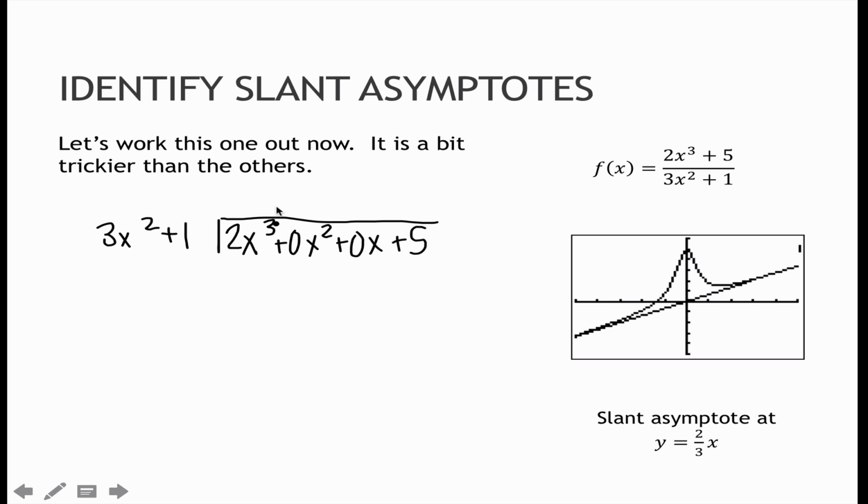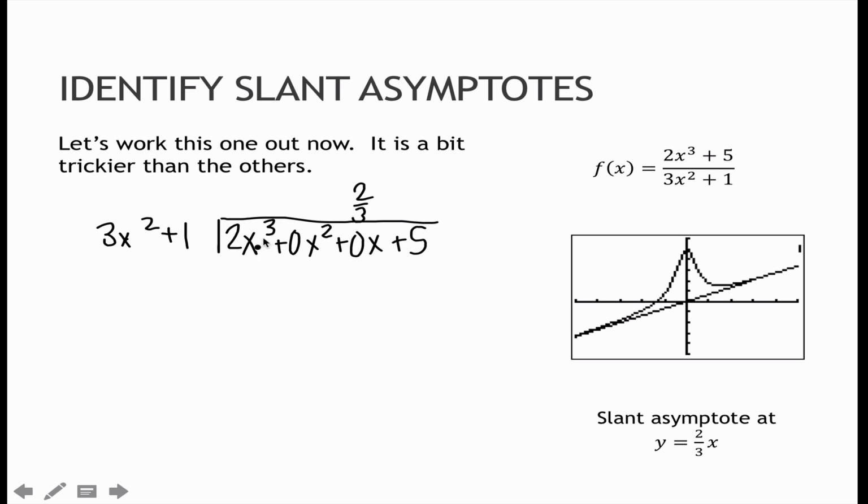The reason this one is trickier is because I have to ask, 3x squared times what equals 2x cubed? And so I know that I'm going to end up with a fraction. The easiest way to do that is to think, I have to take something times 3, which means 3 is going to have to be my denominator. If I took it times 1/3, that would give me 1x squared. Obviously I want 2x squared, or 2x cubed, so I'm going to take it times 2/3,